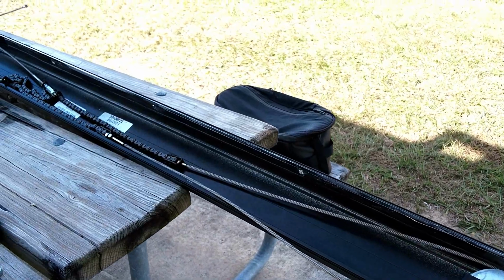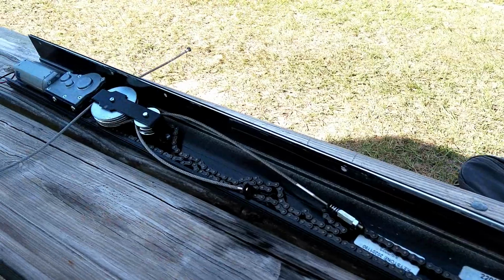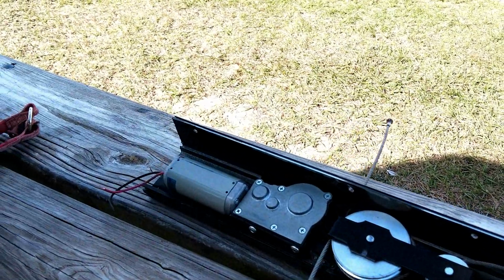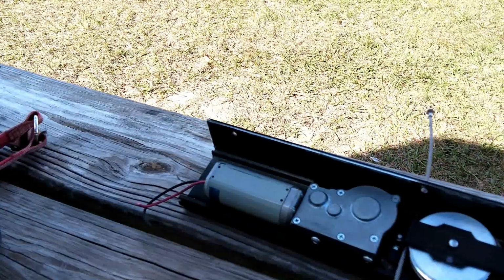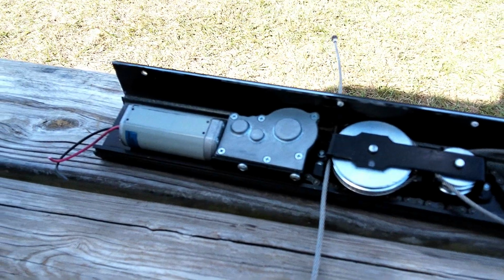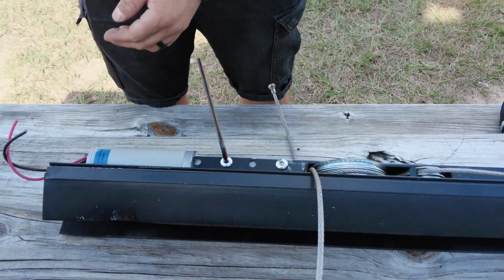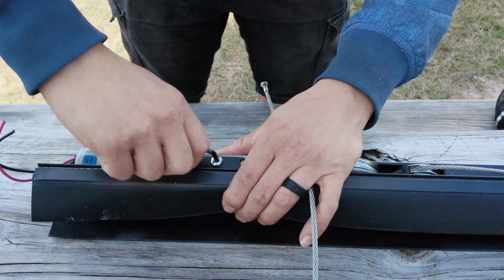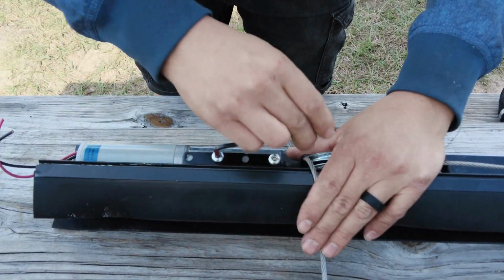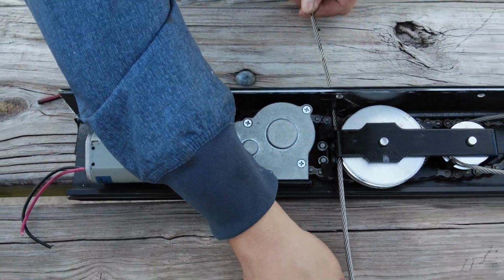Okay, now that it's out of the coach and laying on the table, you can see all of the components are attached to the framework, so everything comes out, lays on the bench or the table, and whatever part you're replacing or working on is easily accessible. In today's case, it's going to be this motor and gear drive, and in order to get that out, it's simply remove these two bolts with an Allen wrench, and you're going to need a partner to help you a little bit, and you'll see here in a second when the motor goes back in to pull these cables. Top cables to give us slack